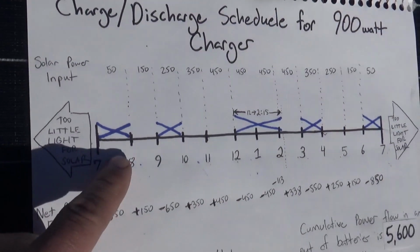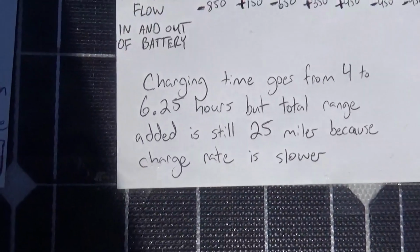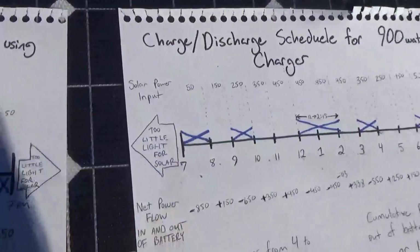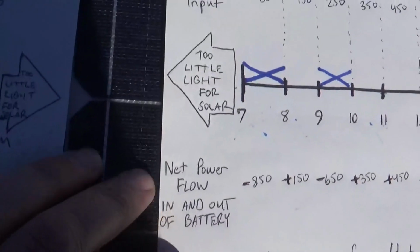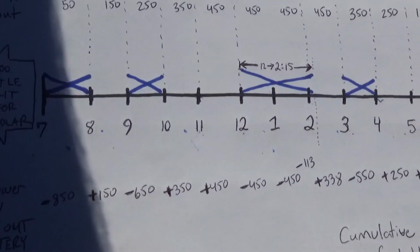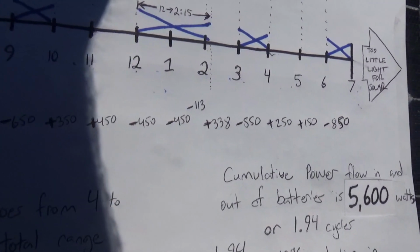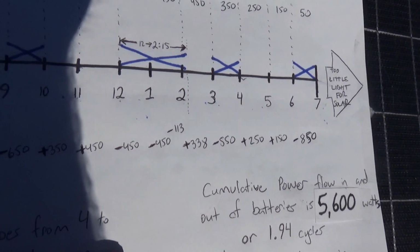And instead of 4 hours of charging, I've extended it to 6.5 hours. Because it charges at a slower rate, that gives us an apples to apples comparison as far as overall power going into the vehicle. And underneath the time chart there, you've got the net power flow in and out of the battery. And when you add those all up, you get the cumulative power flow in and out of the batteries is 5,600 watts or 1.94 cycles